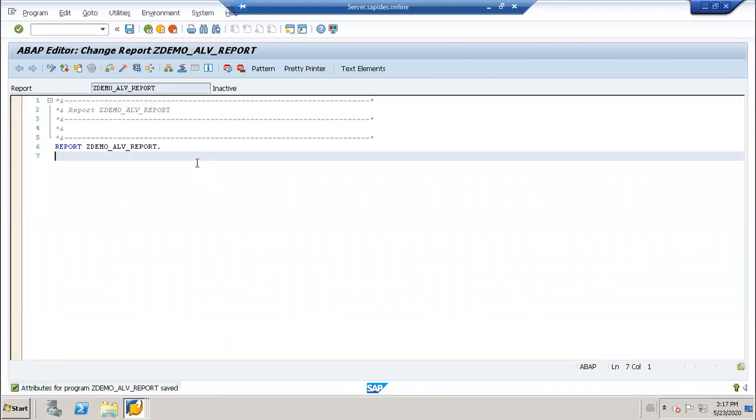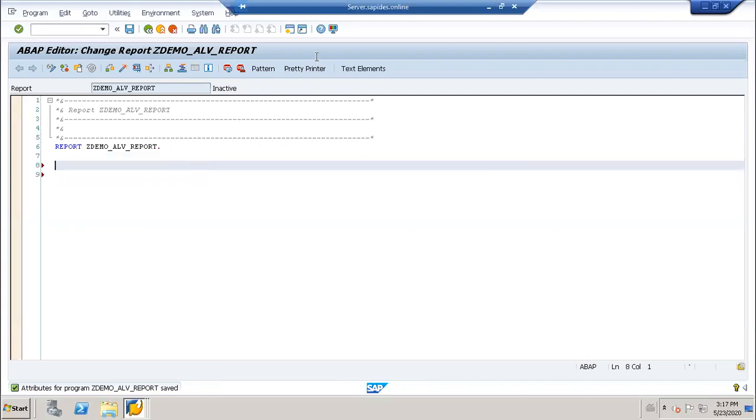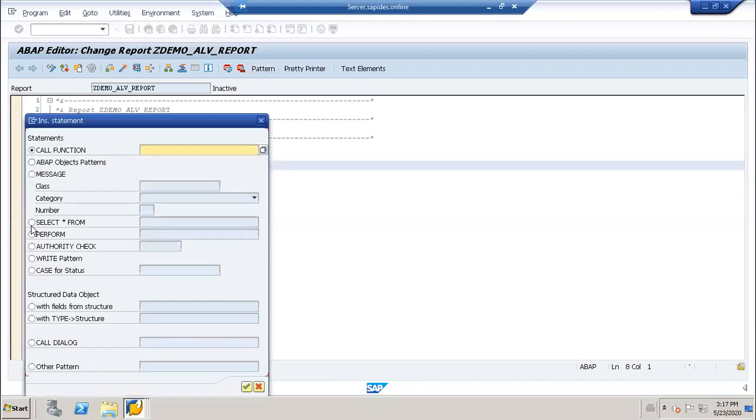I will take two tables, that is VBAK and VBAP. I will use an inner join, or I will use FOR ALL ENTRIES, and display the data in an ALV report. Okay, got it? Yes. Okay. Yes, sir. Here I will take VBAK.